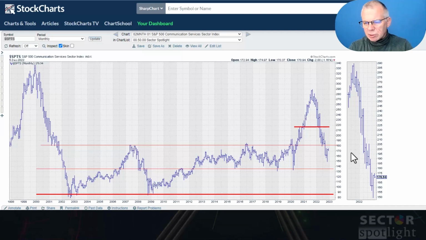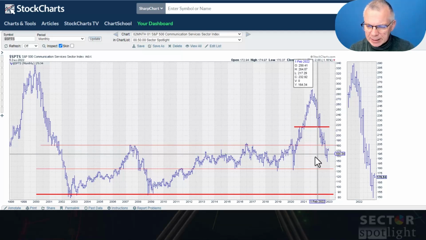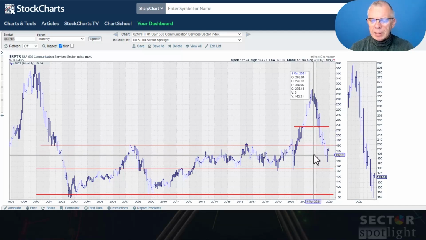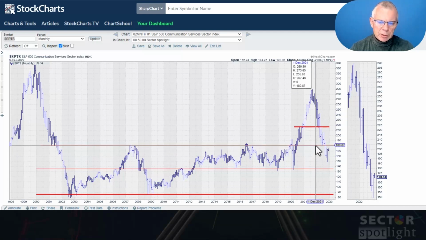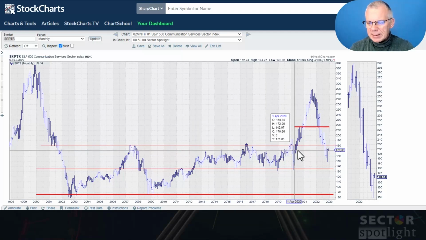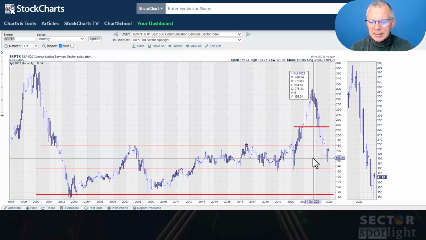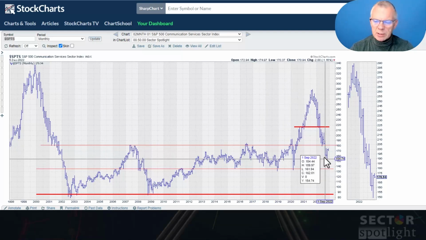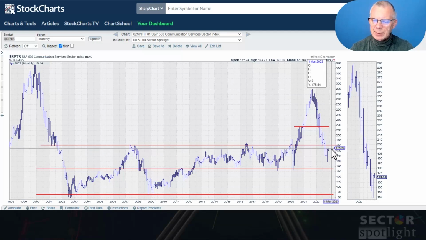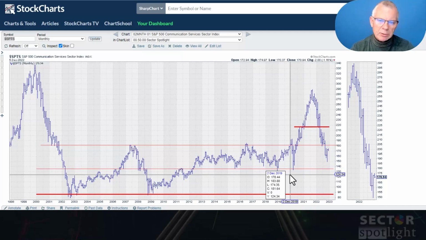If you look at that chart, I think you can quickly agree with me that that downtrend is still in play. And after breaking below that 180 support level, which was a major resistance level for many, many years, that is expected now to come back as resistance. And that means that for communication services, the upside potential is fairly limited, while there is pretty significant downside risk. So for communication services, the trend remains down.